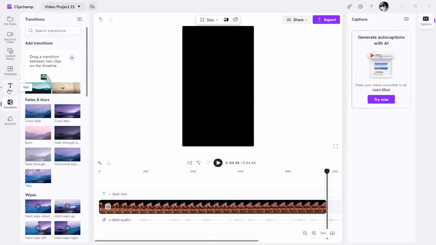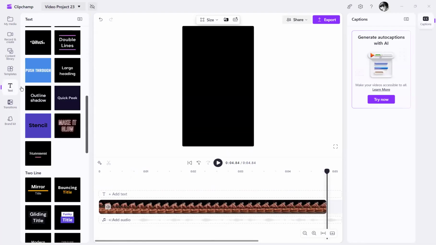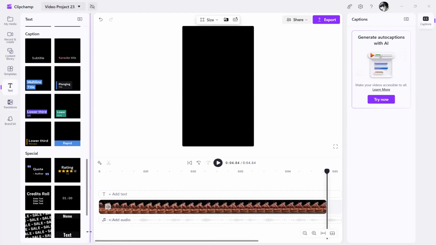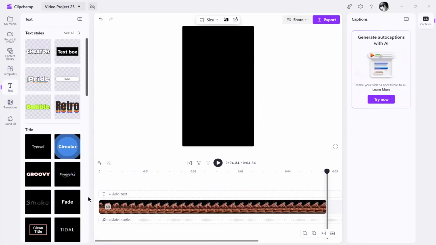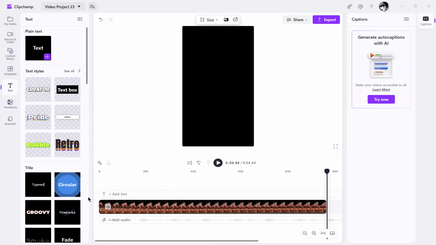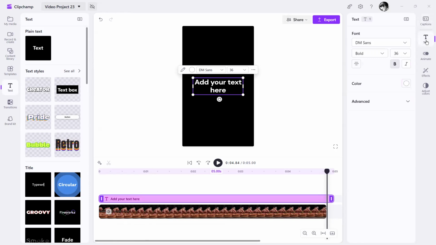I'm going to go over to the far left and it says text. Click on that and then you'll see in your media area the different options you have for your text. I'm just going to take the plain text and then add it. I'm putting it on top. Then in the far right, it says text and gives you the different types. But if I click in the actual preview where it says add your text here,